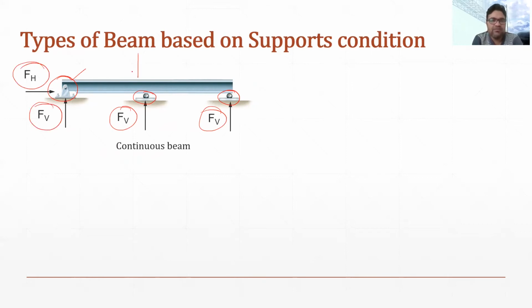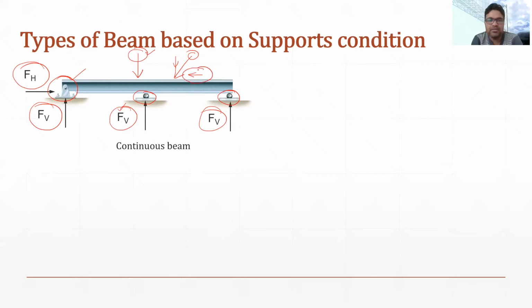So if there is any vertical load, or if there is any inclined load, this vertical load can be prevented by the reaction offered by all 3 supports in these vertical FV. So all 3 FV will offer reaction against this vertical downward load. Similarly, if there is an inclined load, then this inclined load will try to move this beam vertically downward, and horizontally also, because this inclined force will be having two components.